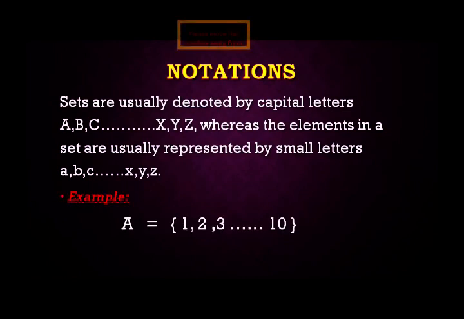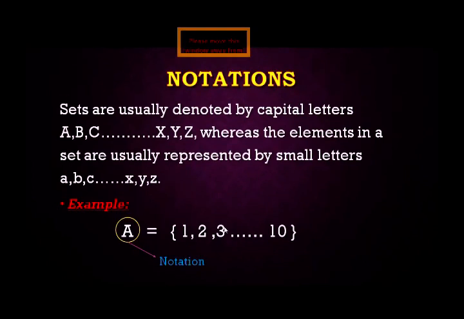Let's take this example. We have a set A equals to 1, 2, 3 till 10. So what is notation? This A represents notation. What I have told, sets are usually denoted by capital letters. Here we have denoted our set by a capital letter and the letter is A. This letter could be X, Y, Z, whatever it will be. You can use it by your own choice. Okay. Now the next one,